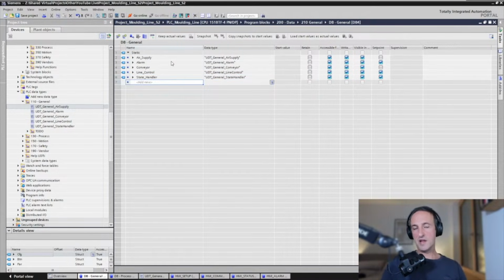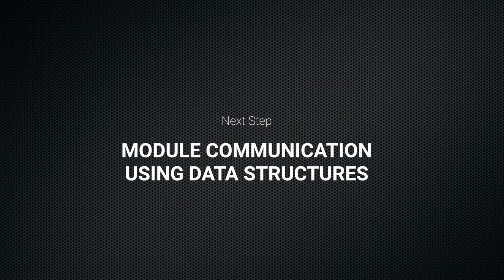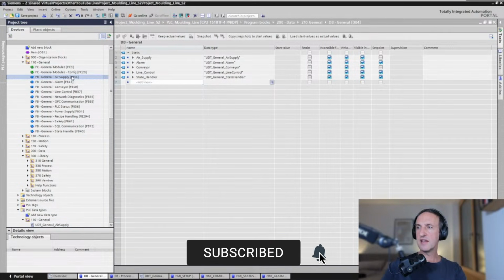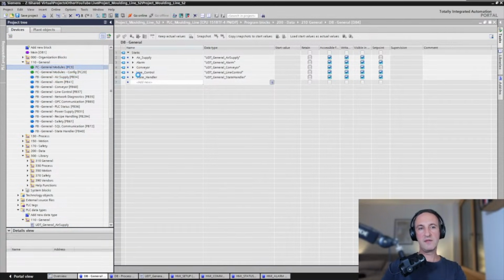So you just fill this up with all the modules that you have. I mean, I just took these 5 as an example. Now that we have made this DB general, I'll quickly give you an example of how you actually use it in your logic. So this is a general module. So air supply, for example, let's take that one as an example. So under FC general modules,